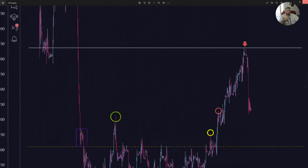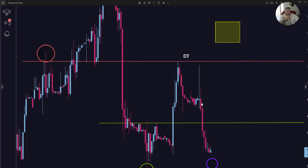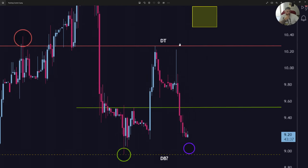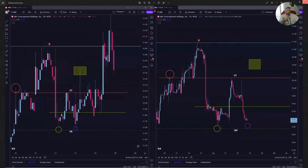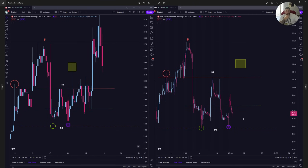So that double top that we got here, there is your up spike and then downside. Here's your down spike and then upside. Here's your down spike, upside, up spike, downside. So that's pretty interesting. But what we're looking for tomorrow, more or less, is another down spike at open,